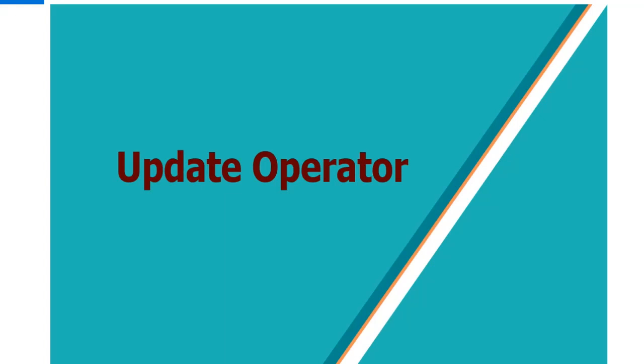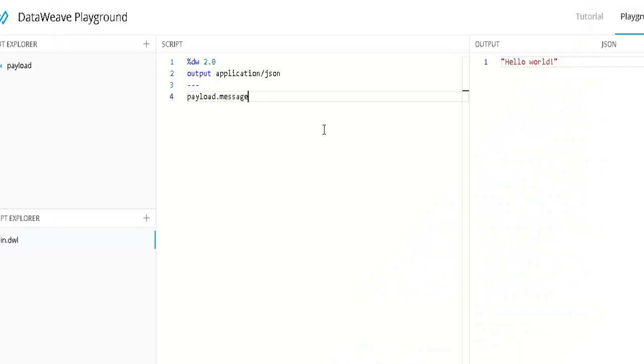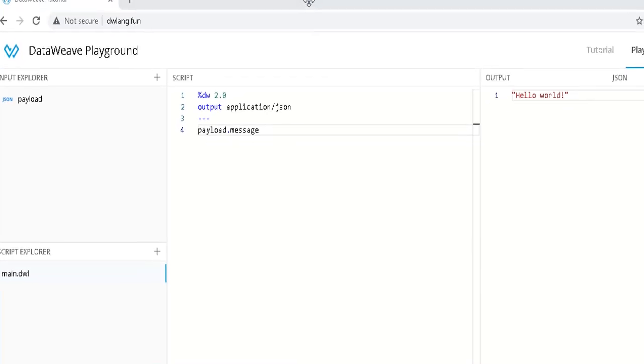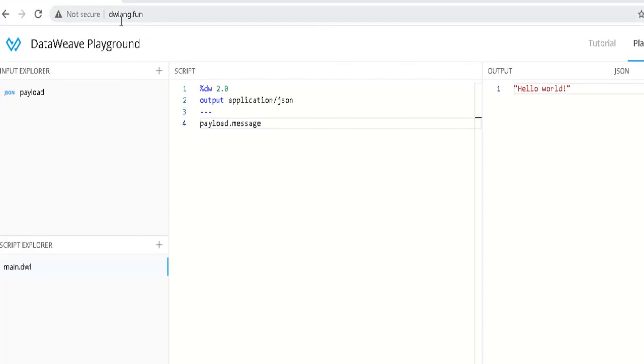Okay, let's get started. For this, I am going to use the DataWeave editor, which is actually available. Instead of using the Anypoint Studio, you can directly use this DataWeave editor. In one of our videos I have shown how you can use this, but if you are visiting for the first time, this is the URL, dwlang.fun.